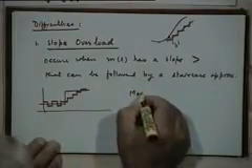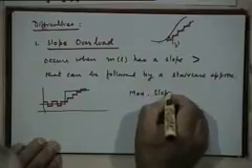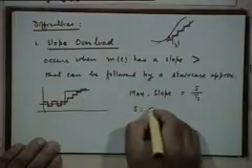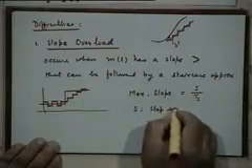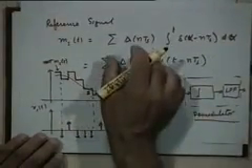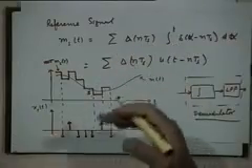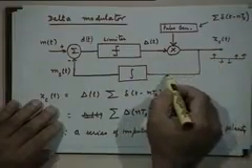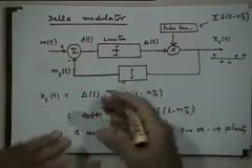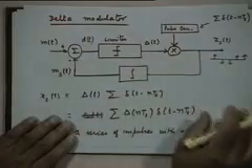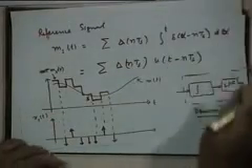And clearly the maximum slope that you can tolerate in the message signal is s upon Ts, where s is the step size. Basically it will be dictated by the strength of the impulse that is coming in, and you can increase or decrease it if you wished. You can put an amplifier here to increase or decrease its strength, but usually it is kept fixed. So that's one problem with the delta modulator.